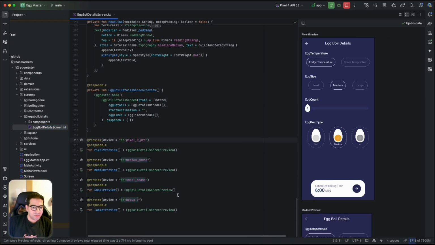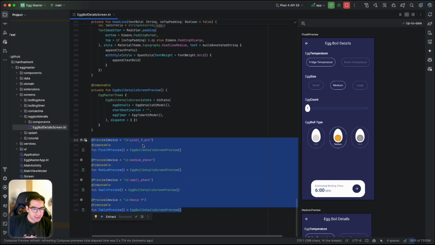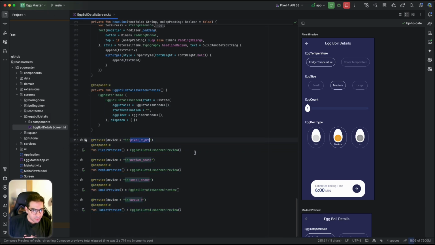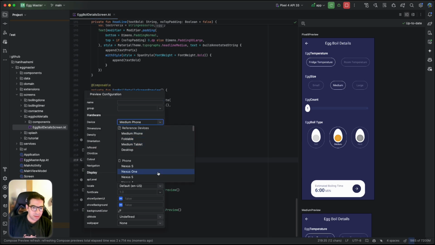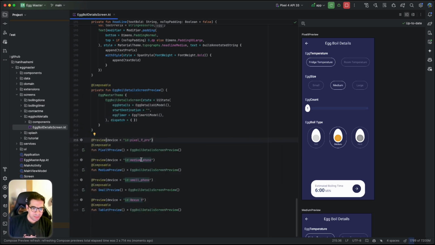I have added four different screens. One of them is Pixel 9, which is a large phone, a medium phone, which is a general name that we can reuse. So I just use the medium phone, then a small phone, then a tablet,